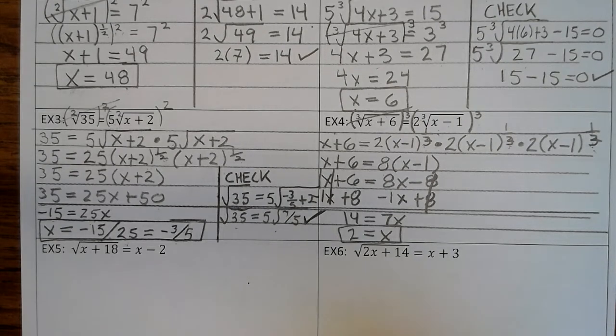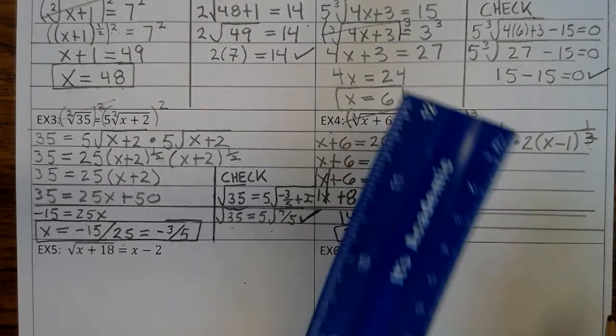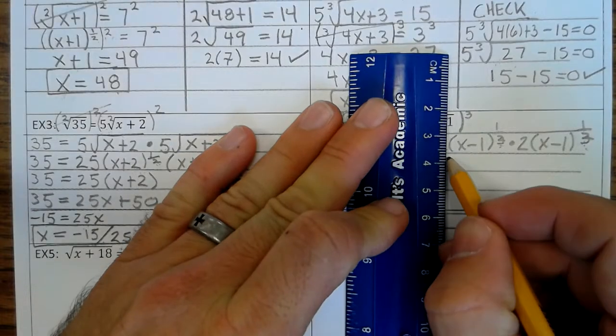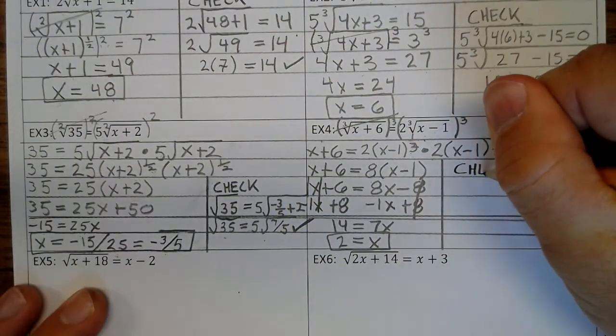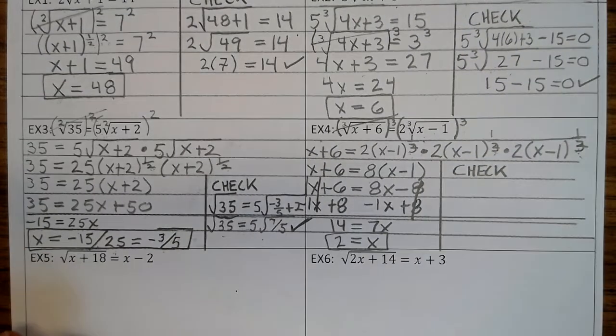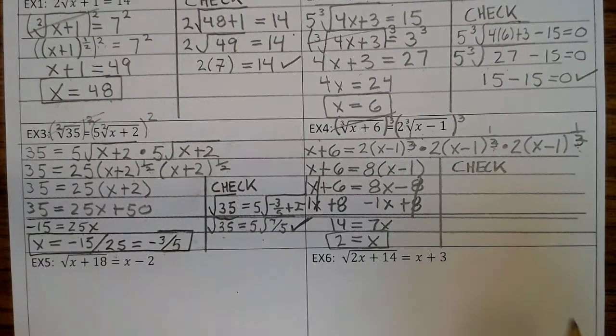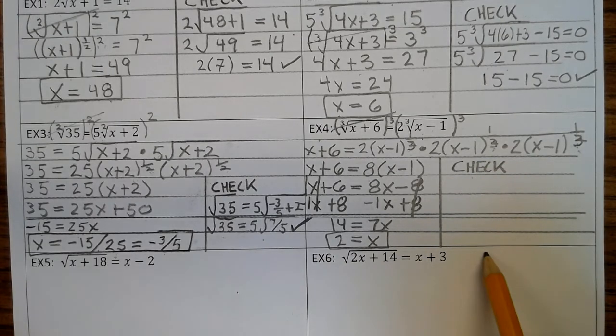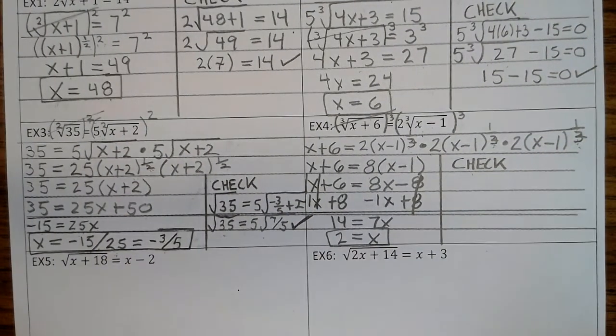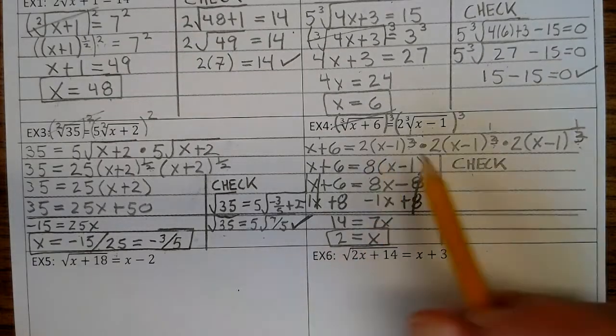All right, so now let's go into step 4, check. And I haven't said it, but when you do check, you actually have to write the word check. So I know that when I see the word check, I'm looking for your check work, okay? All right, so we're going to substitute 2 in. So that's the cube root